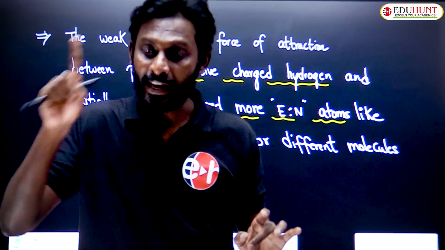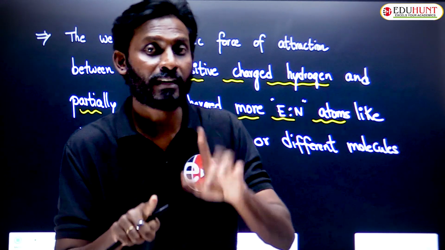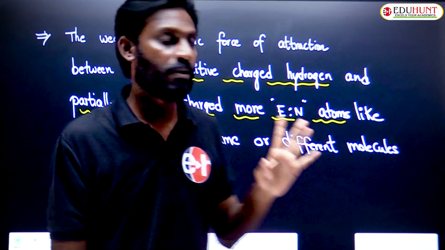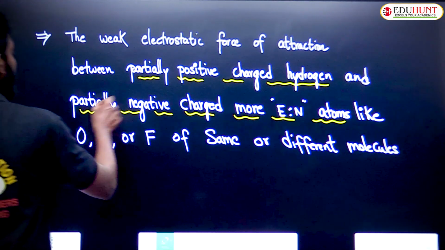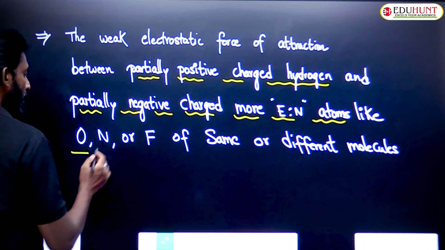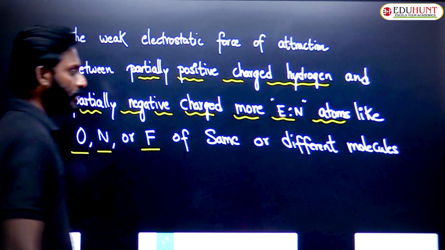Only when hydrogen is present on more electronegative atoms like nitrogen or oxygen or fluorine, these three. Partially negative charged more electronegative atoms like oxygen or nitrogen or fluorine of the same or different molecules